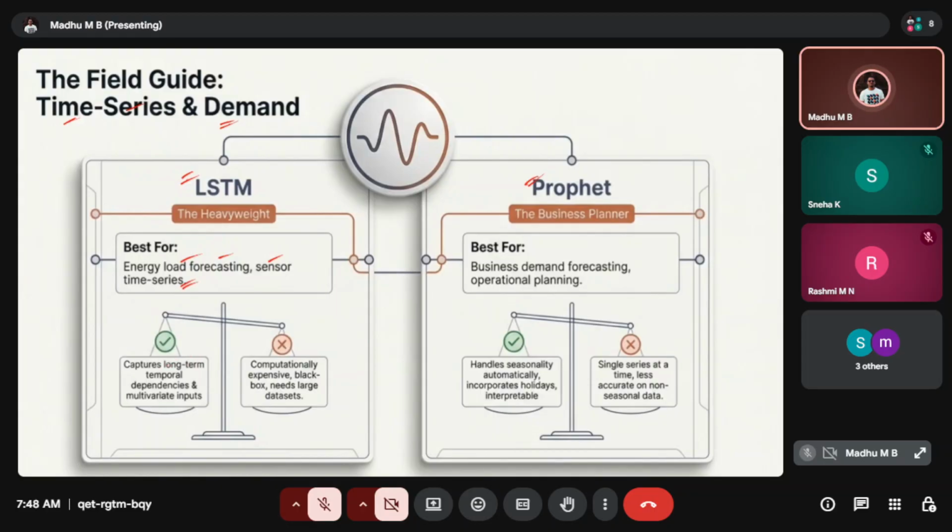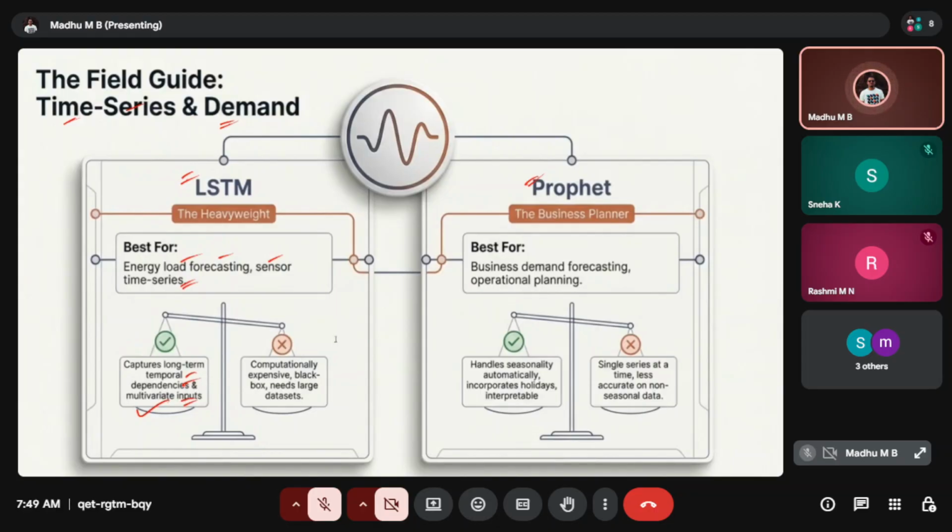So why is it the best fit for load forecasting? Because it captures long-term temporal dependencies and multivariate inputs. This model is very good because it takes multiple inputs, multiple formats, and helps us understand complex data sets in terms of forecasting and time series. Because of that, we use LSTM.